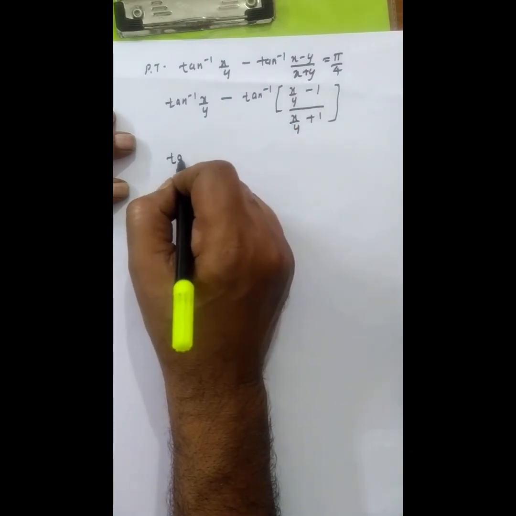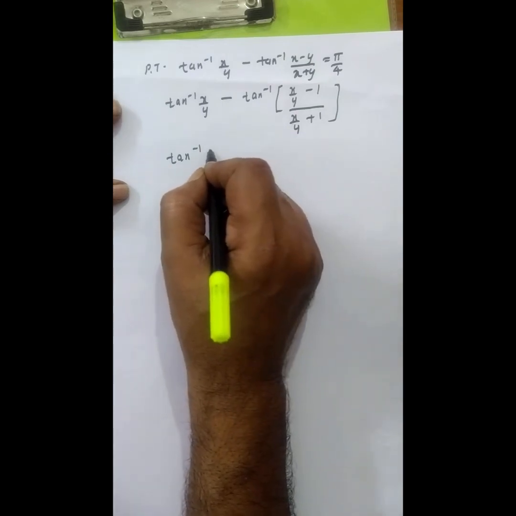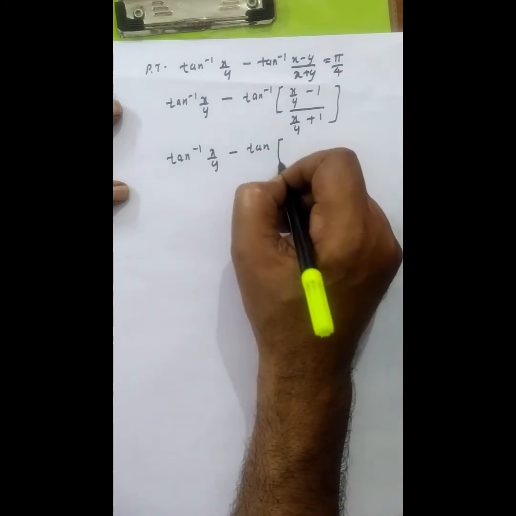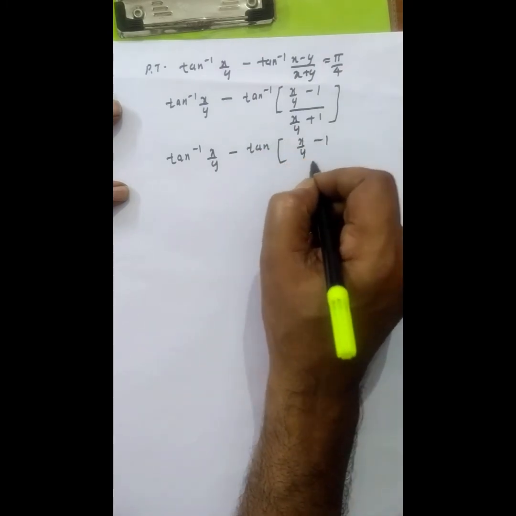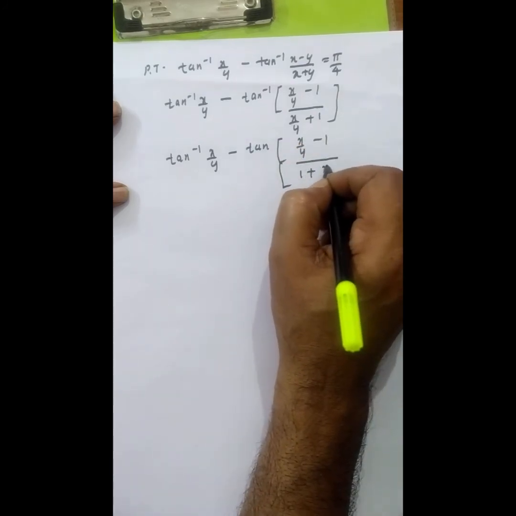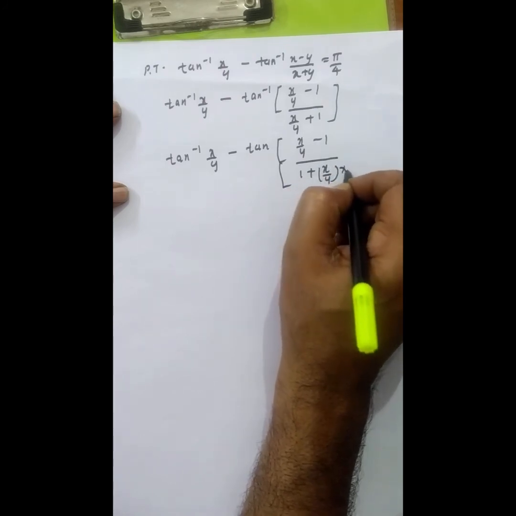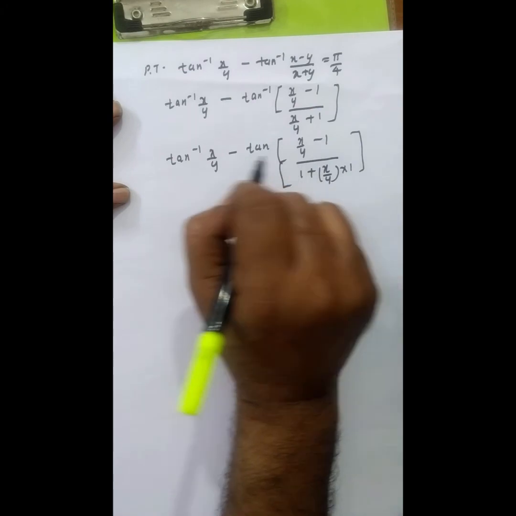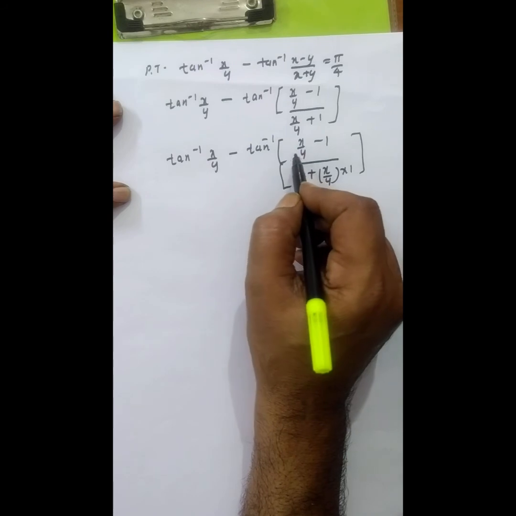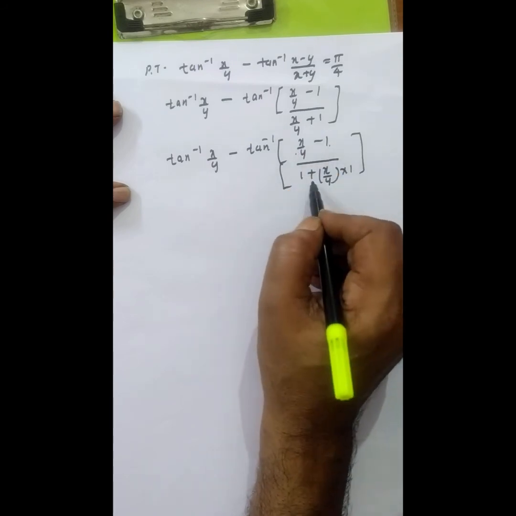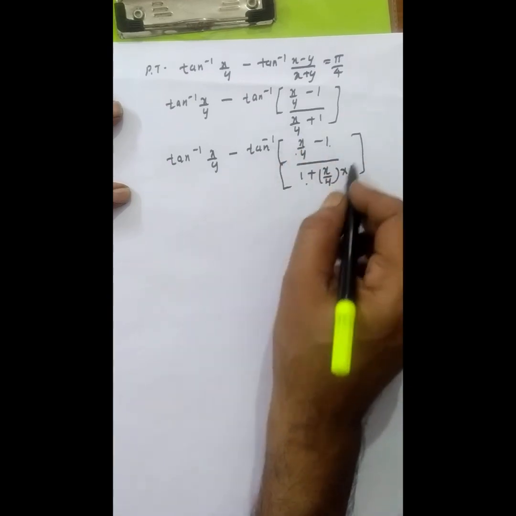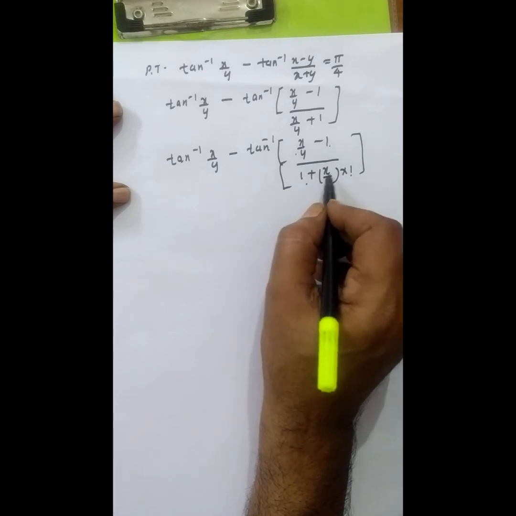So we can rewrite this as tan inverse of x by y minus tan inverse of this x by y minus 1, I will keep as it is. In the denominator, first I will write this 1 plus, next I will write x upon y into 1. Again x upon y into 1 is x upon y. Now if you see the right hand side, this bracket value is like tan inverse of x minus y divided by 1 plus x into y. x is x upon y, y is 1. Now this whole bracket is like tan inverse of x minus y upon 1 plus x into y.